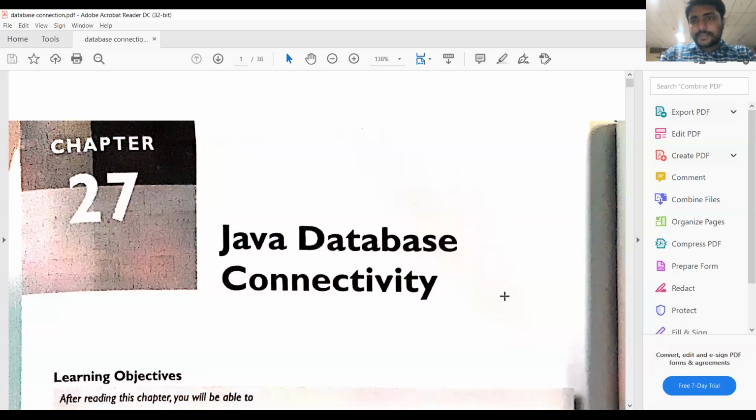So we are discussing the JDBC connections, Java Database Connectivity. In that we have seen the architecture of the JDBC. We have two types of architectures, two-tier architecture as well as three-tier architecture. We have discussed all these things, and then we have seen the